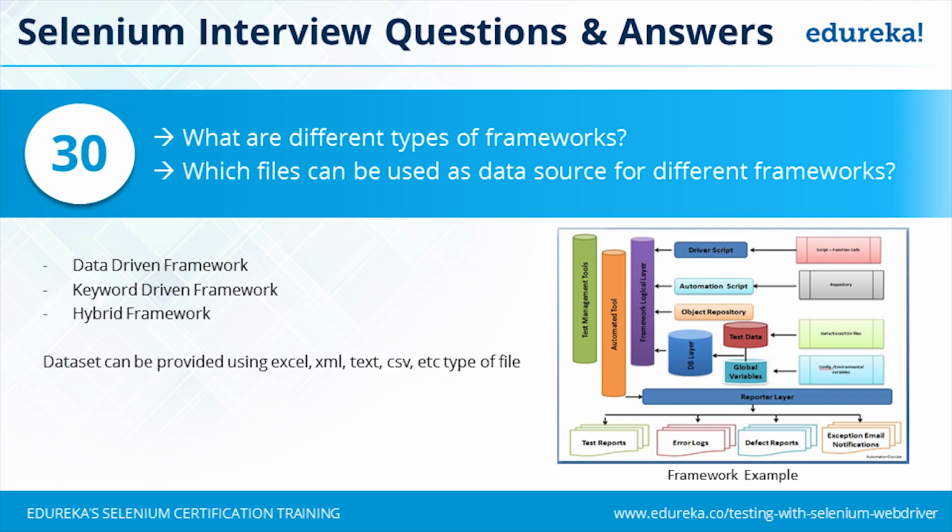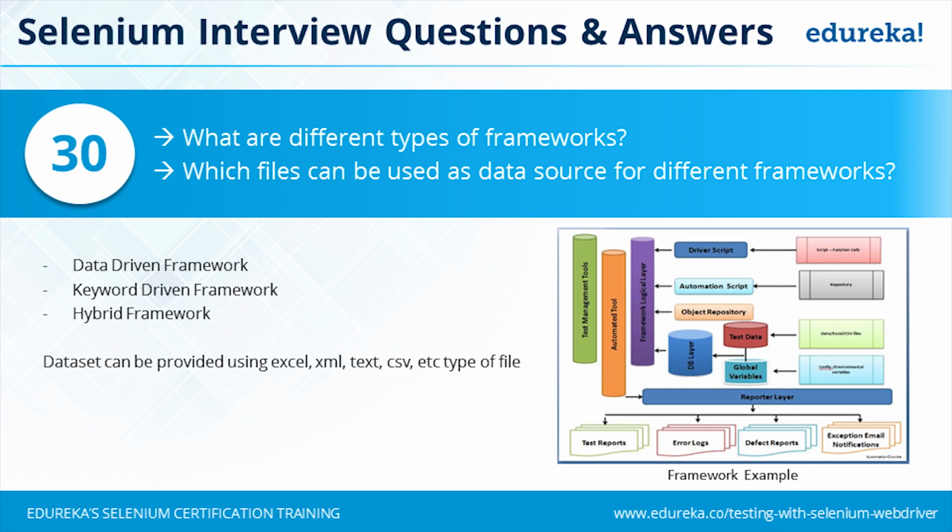Then the defect reports. So whatever deviations you find from the expected behavior of the application will be logged as defects. So you can keep a track of defects, which will help you to maintain during each release cycle what was the number of defects. Is it going higher? Is it coming down? Is the application stable? This insight can be generated from the defect reports.